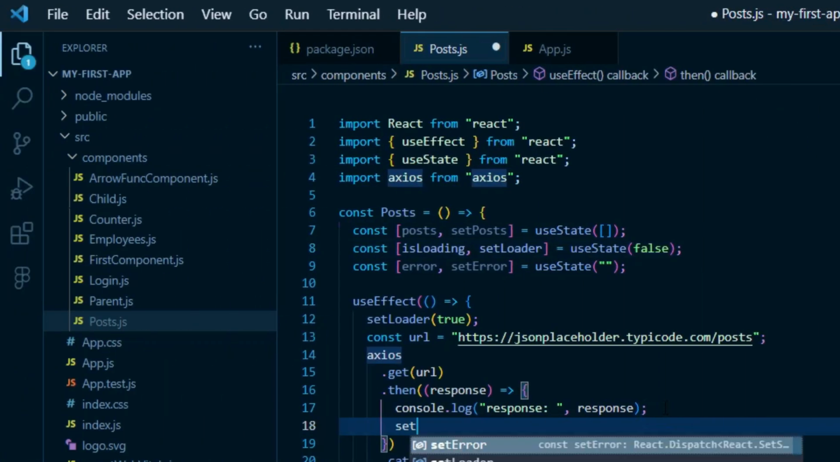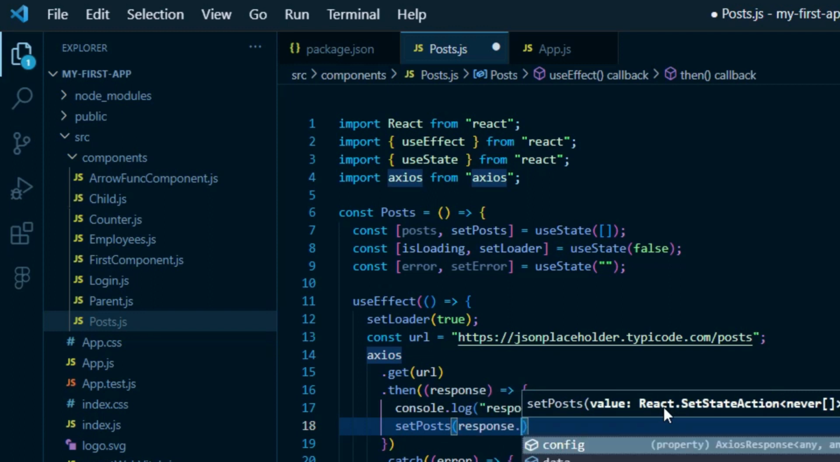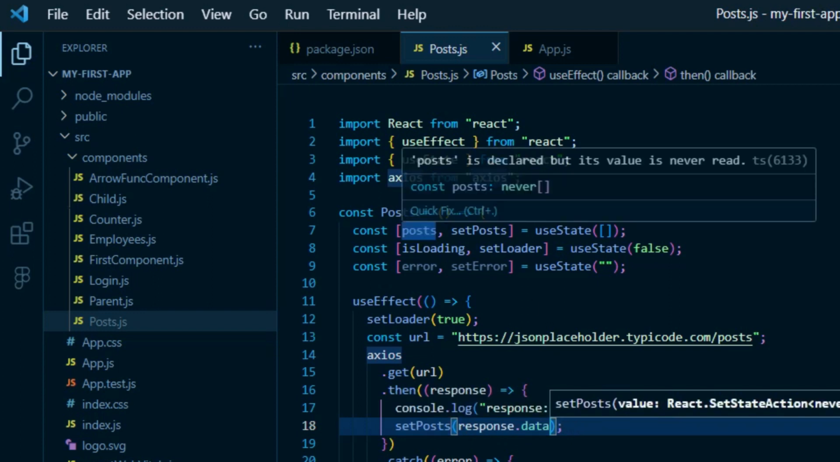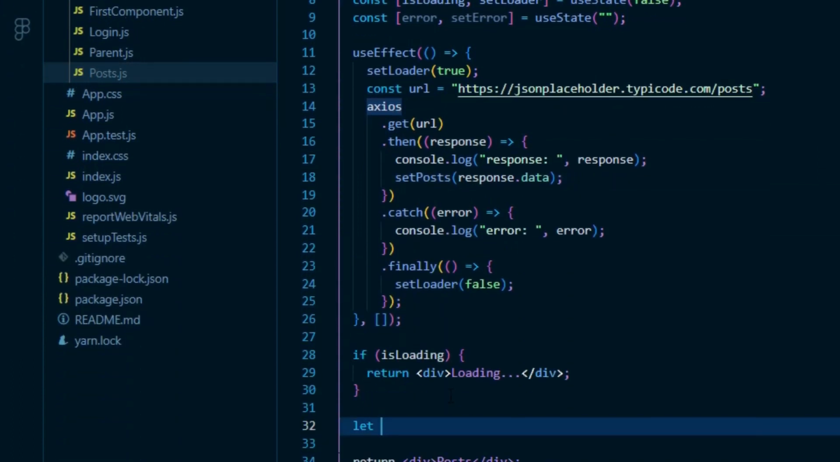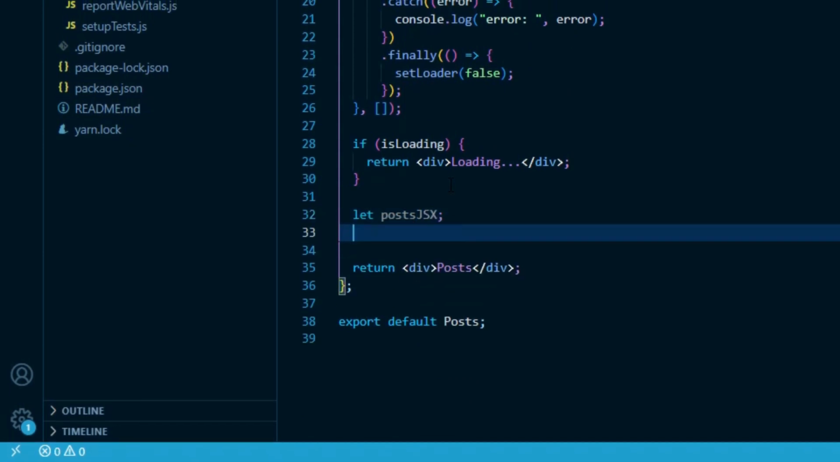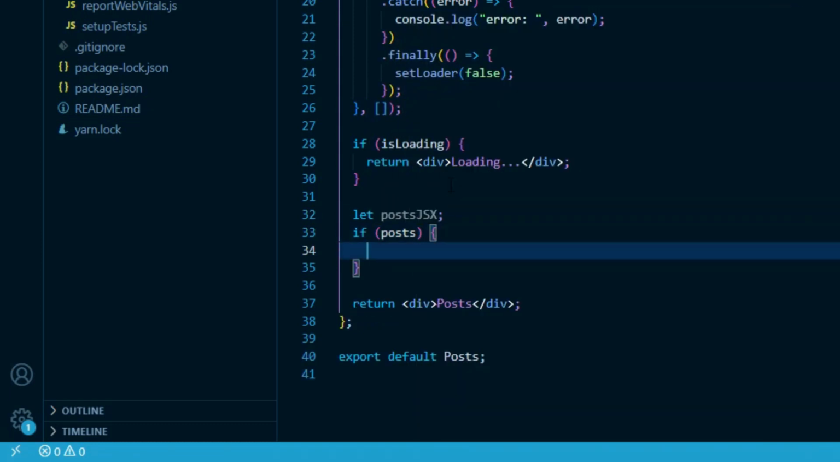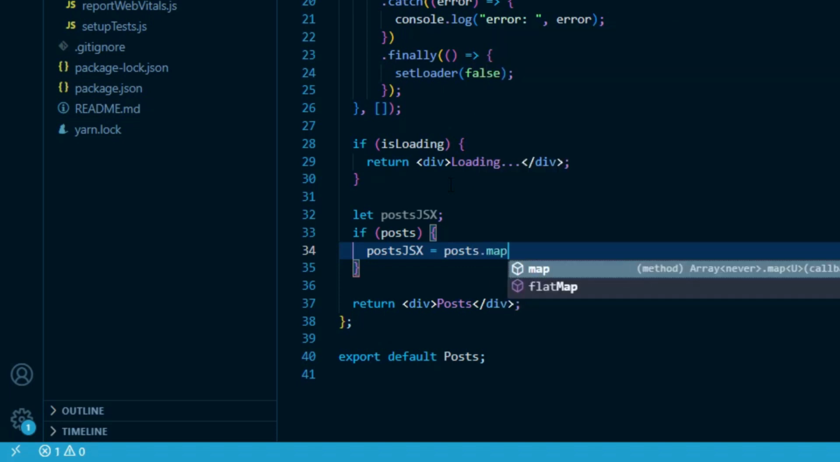I'll set that response using setPosts response.data. I'm grabbing this response.data and setting it in the state. Now we have the data here. Let posts JSX, if posts, then use that posts.map